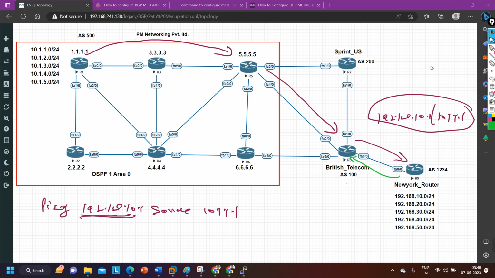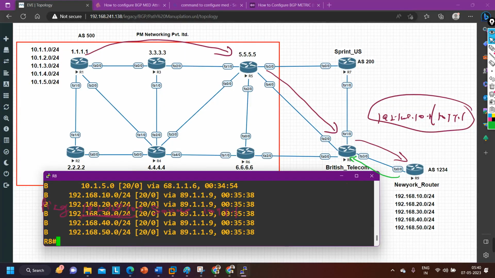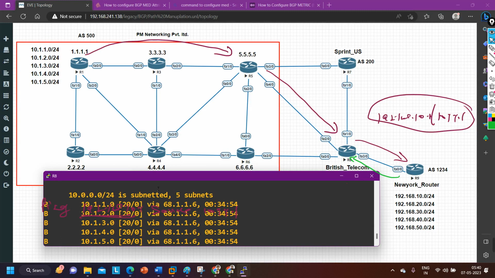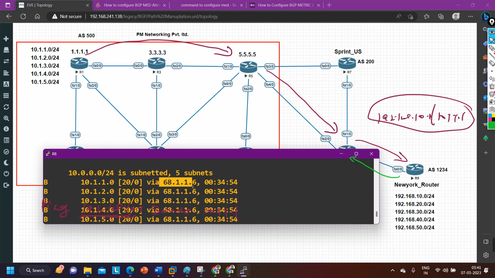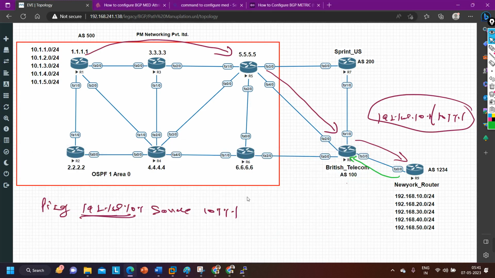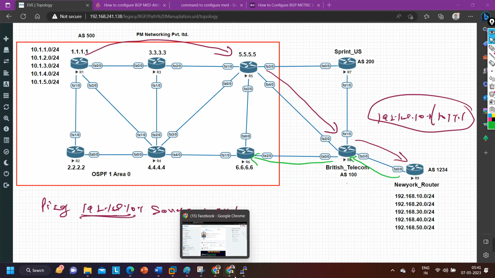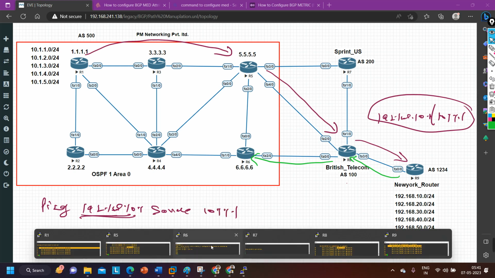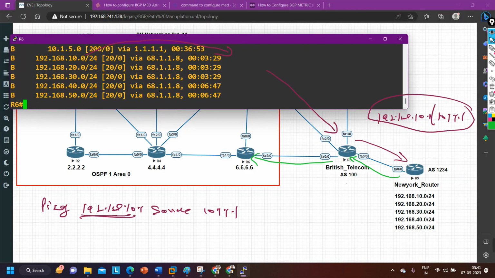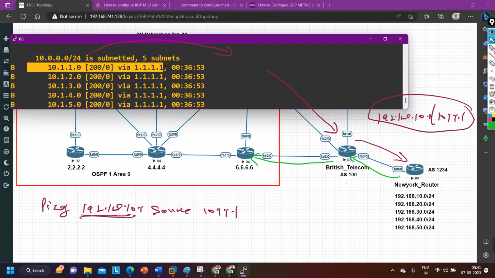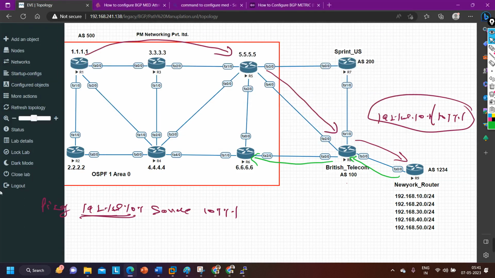Now router number 8 will check their routing table. So in the routing table, here you can see 10 prefixes. 10.1.1 is reachable via 61.1.1.6. So it is going to forward traffic to router number 6. Yes. And router number 6 will check their routing table to forward traffic in 10 network. So let me show you the routing table of router 6 also. So IP route BGP. So here you can see 10.1.1 is reachable via 1.1.1. Directly router 6 will forward traffic to